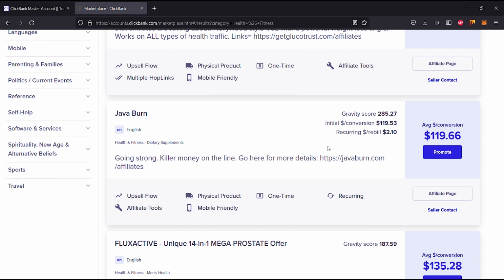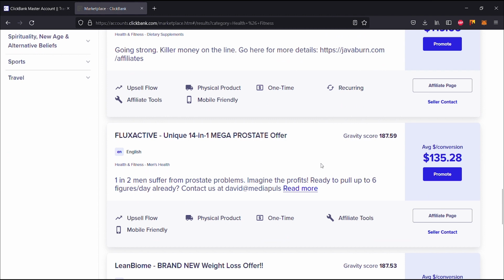$2.10. So it says you're going strong, killer money on the line. Go here for more details, and that's just javaburn.com/affiliates. Our features are inclusive of upsell flow, affiliate tools, physical product, mobile friendly, one-time reoccurring. Average dollar per conversion is $119.66. And I'm going to head on over to the next product, and that is going to be Flux Active